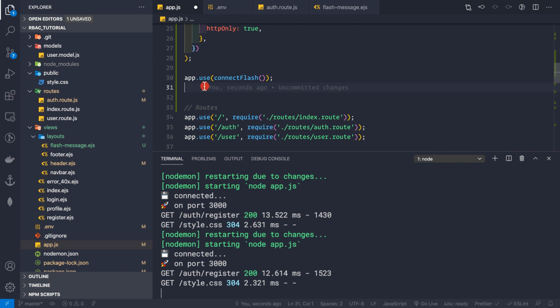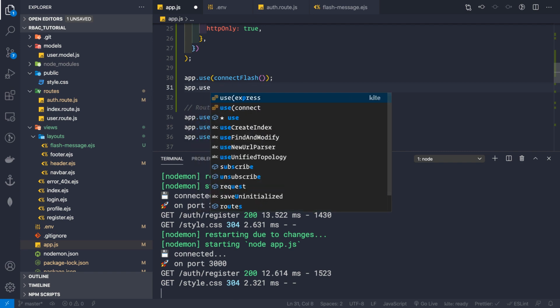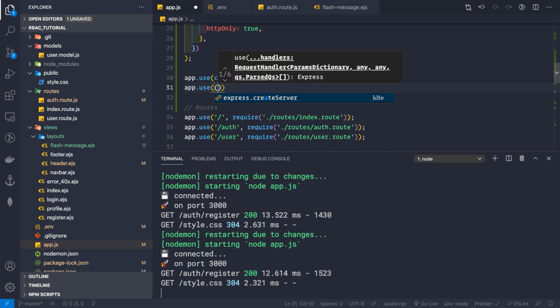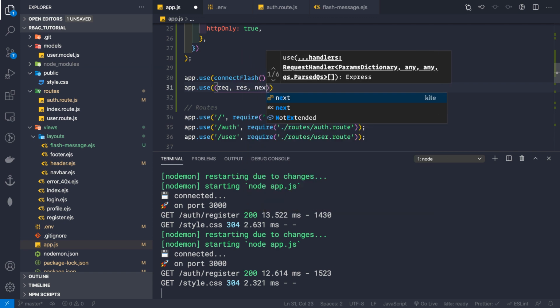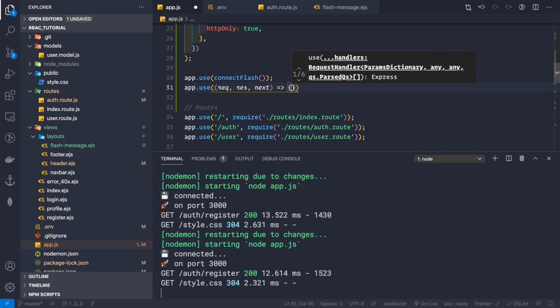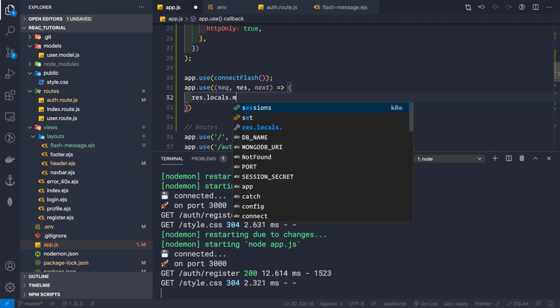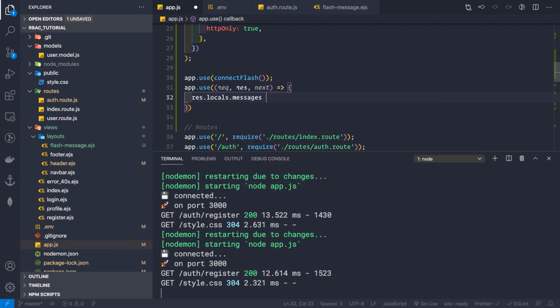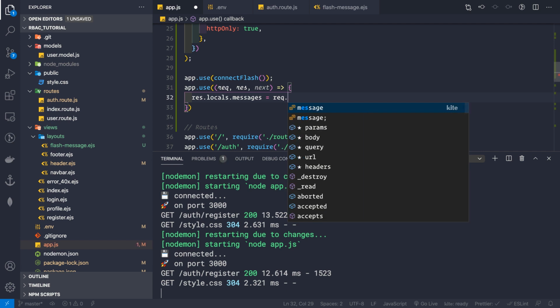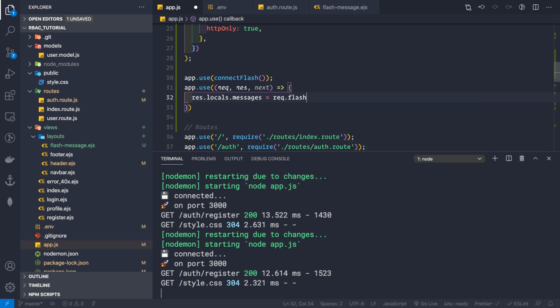So app.use, and here we have the request, response, and next, like this. And here we can simply say res.locals.messages equal to req.flash, meaning that if we have not consumed the request.flash, then it would be attached to the locals messages object here.